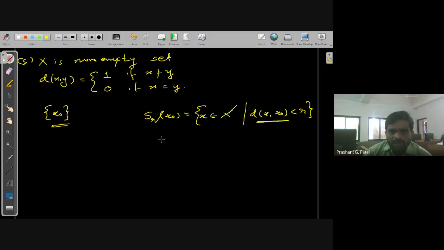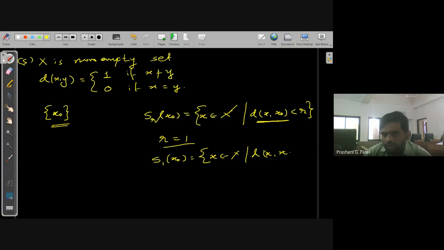So if I take r as 1, then what is S_1(x0)? It is the set of all x such that d(x, x0) is less than 1. What is the value of x, or what will be the things you get here?